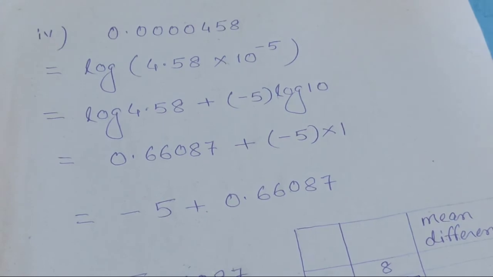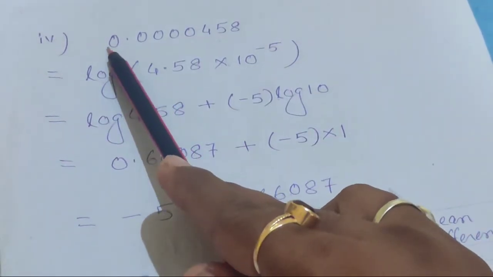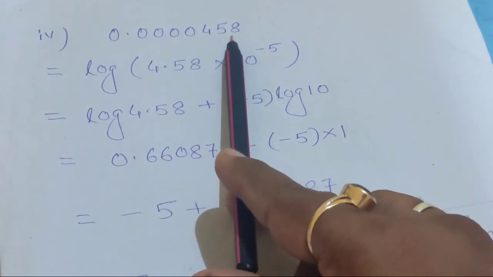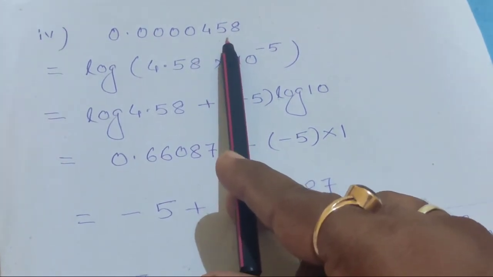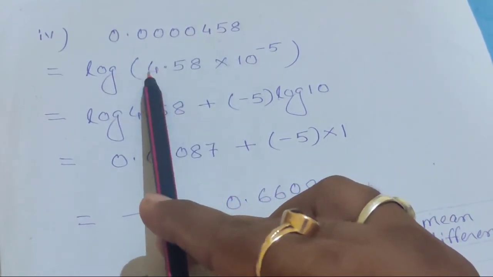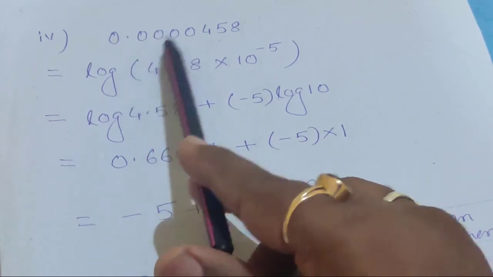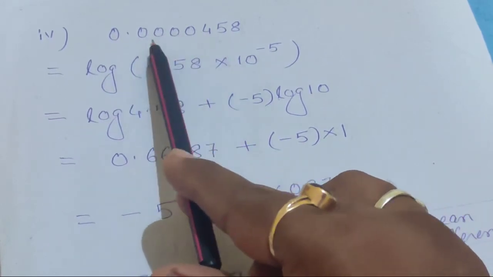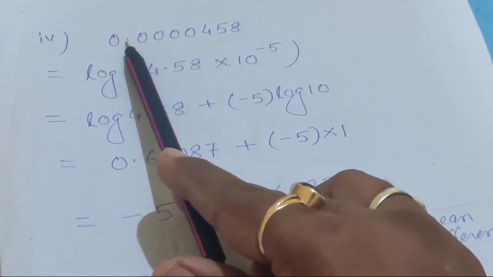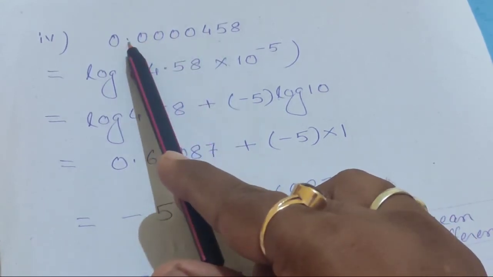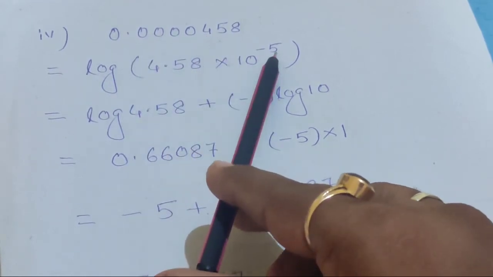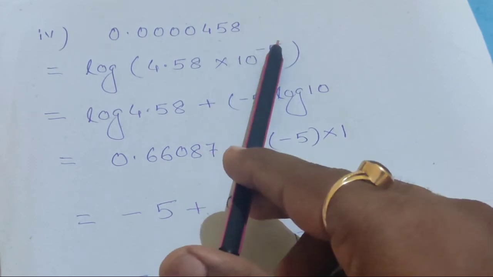See one more sum. Here before the decimal there is no digit, but after the decimal here 0 is there, 458. So again, according to the same rule, I have to bring this decimal after 4, because before the decimal there should be only 1 digit. So if I bring this decimal here, I have to move 1, 2, 3, 4, 5, 5 places from left to right. As I told, if we have to move from left to right, I have to give power minus. So that's why I have written 10 to the power minus 5.